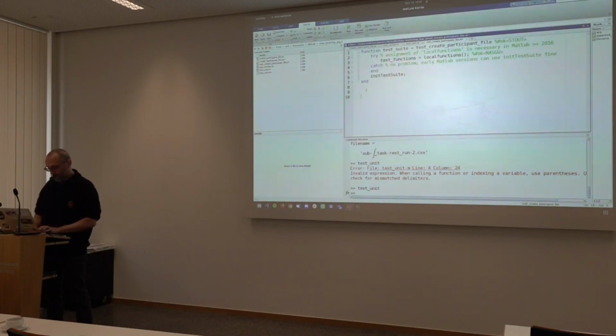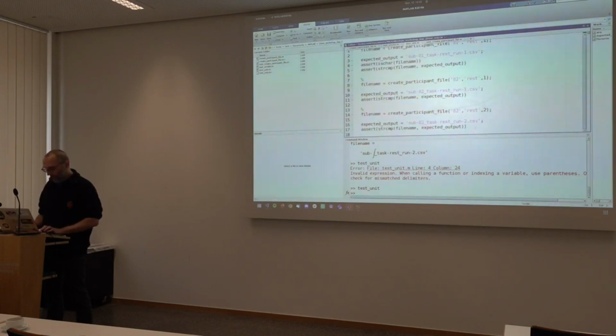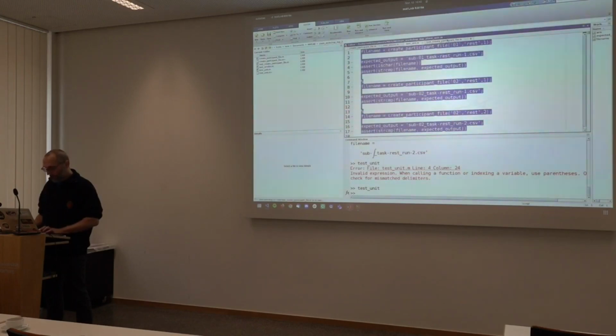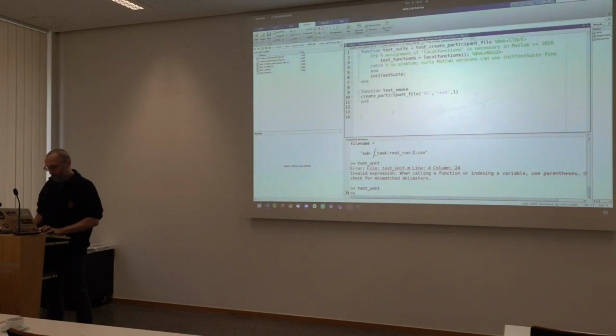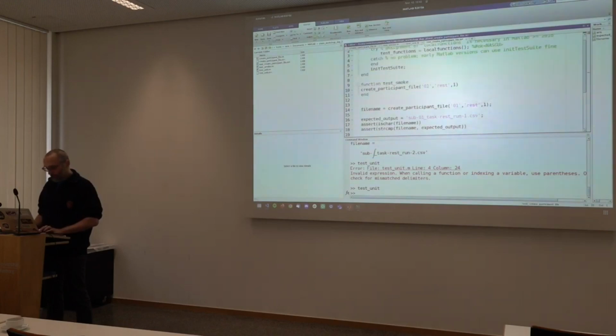So here our first subfunction should be test, for example, that's our smoke test. We can just have it in here like this. And then we can put all the unit tests we created before in here as separate subfunctions.